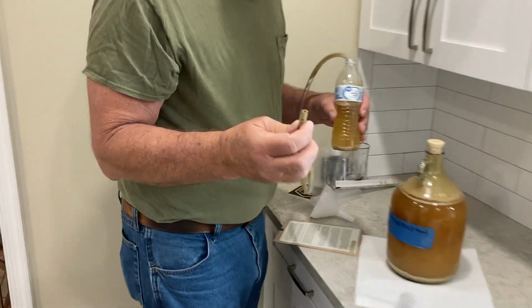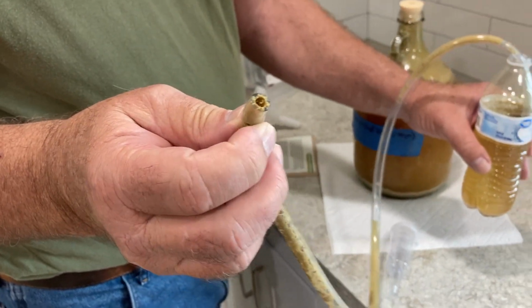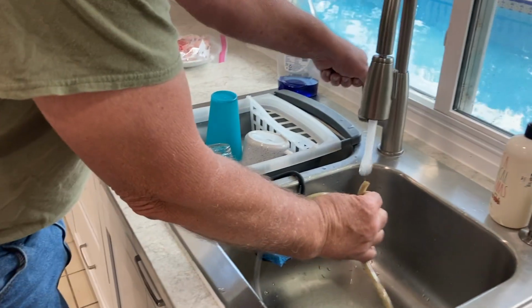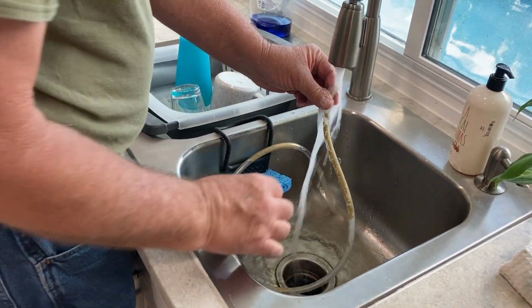Yep. Well, it's not clogged up. It's just kind of... it looks worse from the outside than it does from the inside. When you do so, we recommend rinsing the tubing right away to remove any sediment, since you will use it